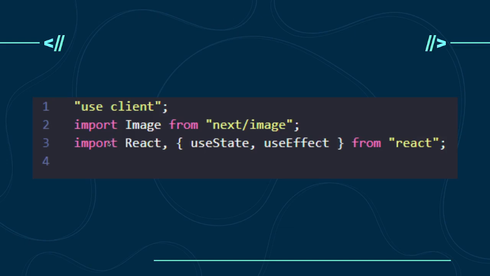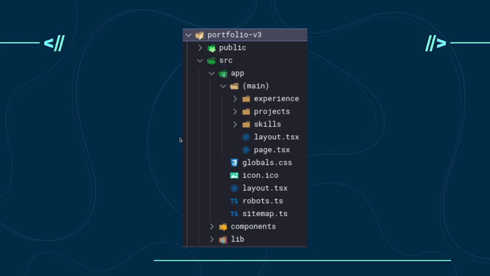If I even began typing import React and I didn't say use client, my whole screen is red. It is like I just put in the last digit for the nuclear launch codes. It's going, this is a client, this is a server component. Get the client out of here. And then you just put use client and it shuts up, right? So it guides you to figure out what should be client and what should be server, right?